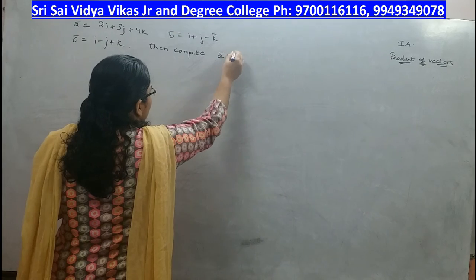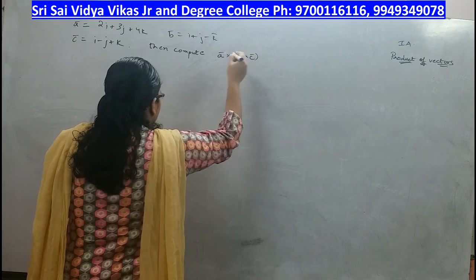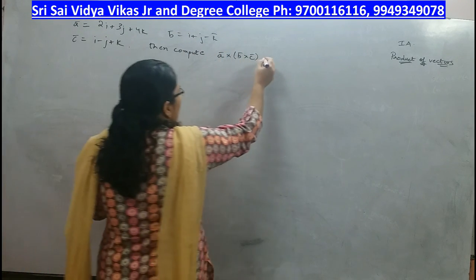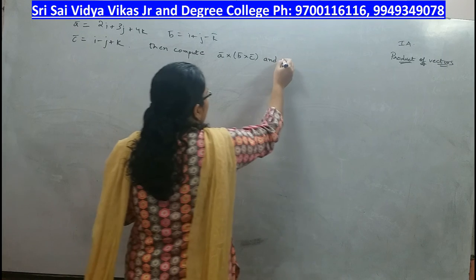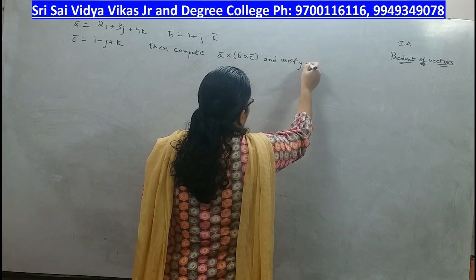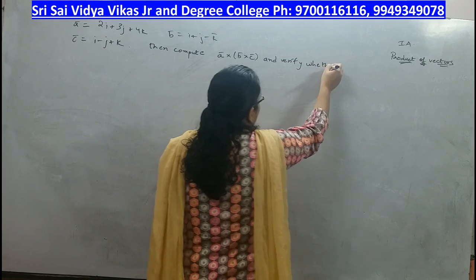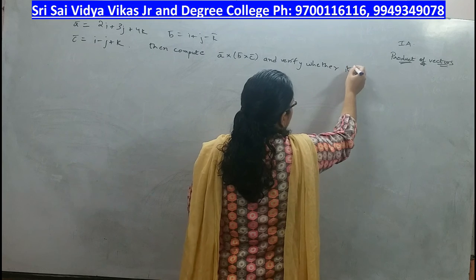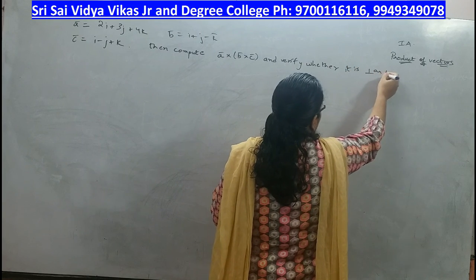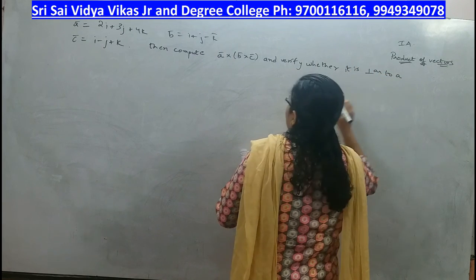a bar cross b bar cross c bar and verify whether it is perpendicular to a bar. Now